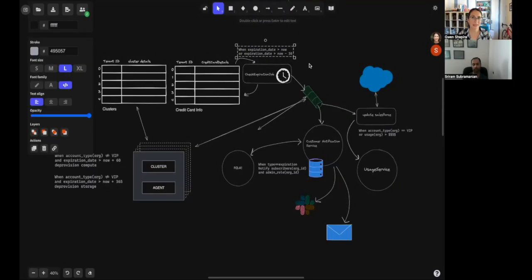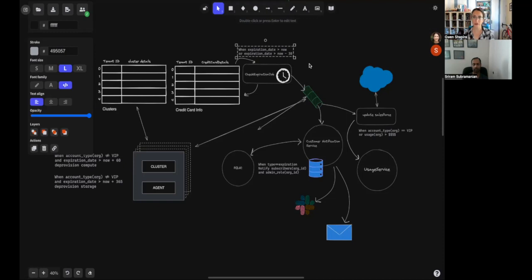It's a very small microservice on a scheduler that checks every day, who is going to expire and do I need to notify? Actually, I don't have to do it every day. I can probably do it every week and just notify everyone, because I only want to send notifications once a week. So this schedule has to be